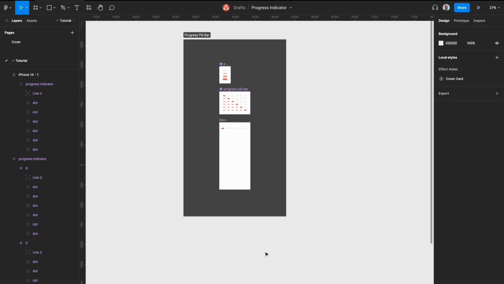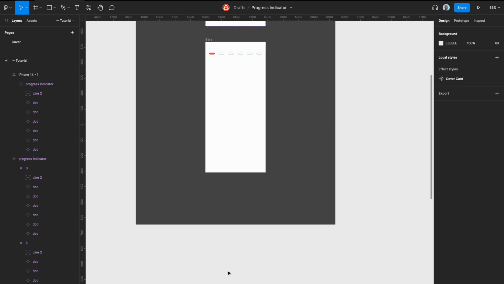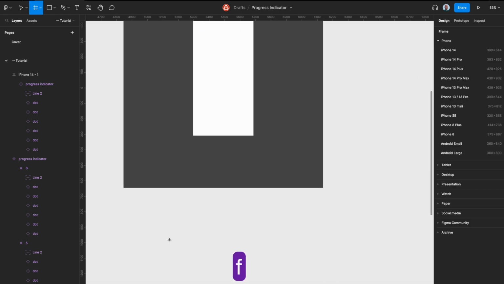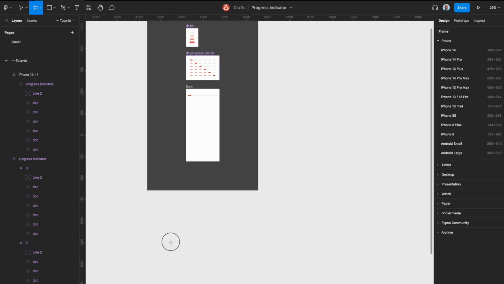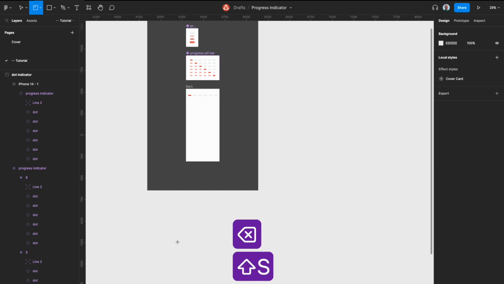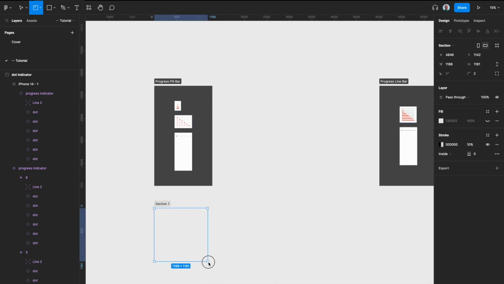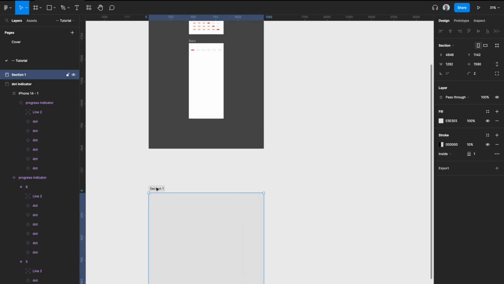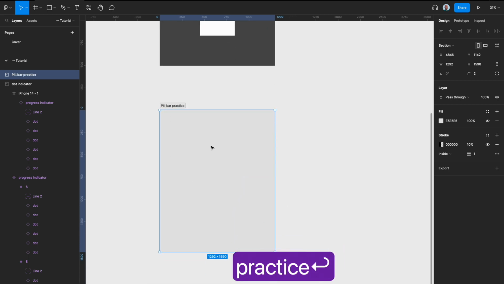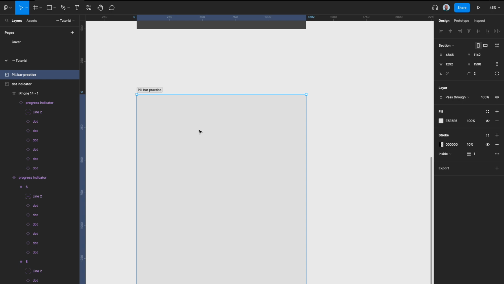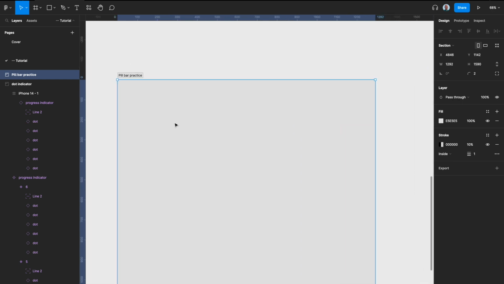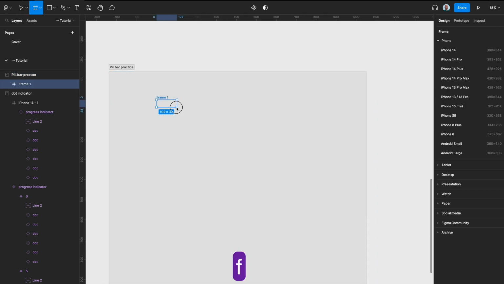Alright, so let's get the toolbars back so we can mess with some things. And I generally start with a little frame. Before we do that, I can get rid of that. Let's make a little section, like section off our work here, because why not? And let's call it pill bar practice. All right. I'm a strong advocate for naming essentially everything, so you'll see me continue that trend as we create this little thing